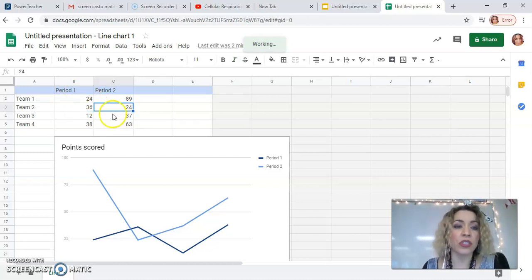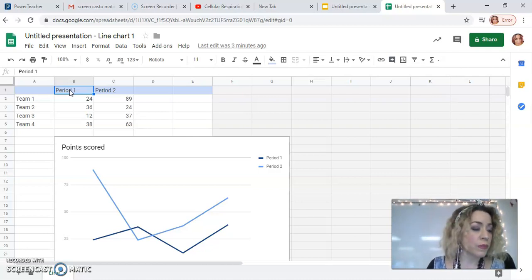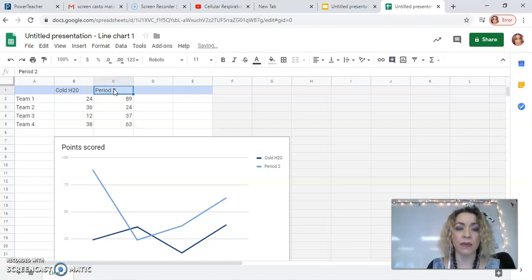So my first step is I want to change these titles, period 1 and period 2. I'm using sample data that I collected from a fermentation yeast lab that we did. So instead of period 1, I'm going to get rid of that, and I just selected the cell. I'm going to hit delete there, and I'm going to put cold H2O, because in this lab we were manipulating, or our independent variable was the temperature of the water. So I got rid of that previous title by selecting the cell, deleting the information in it, and adding my own. So we had hot water and cold water,